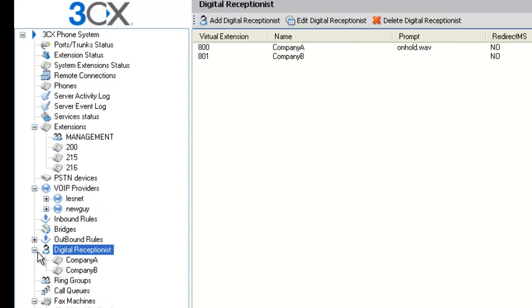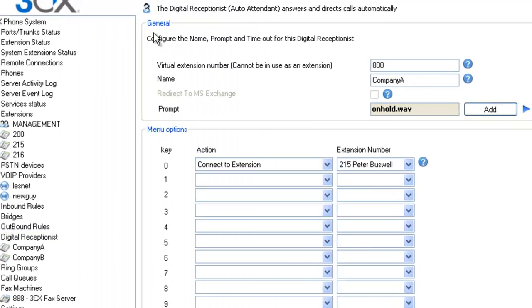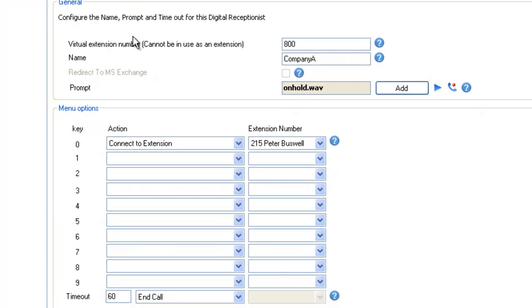Let me say a quick word about this. It's one of the first things I look at because in many deployments it's important that we have the ability to have what I call tenant services. This means that if I want a different greeting for company A than you hear when you call company B or C, I'm going to need to have an ability to connect my different DID, DNIS numbers to a digital receptionist for each company. So 3CX, I was pleased to find, enables you to set up a receptionist, digital receptionist as they call it,